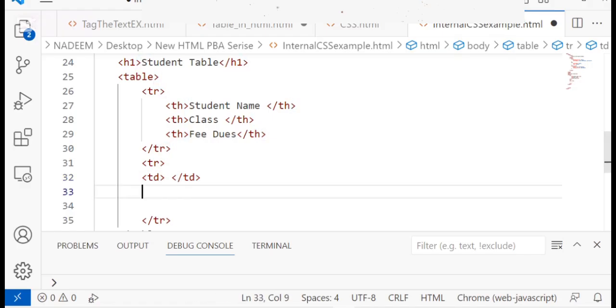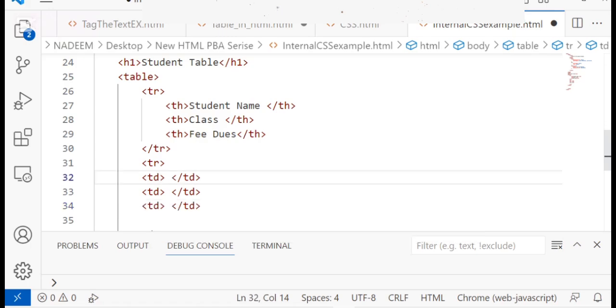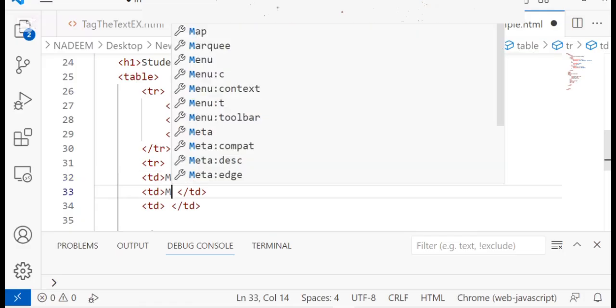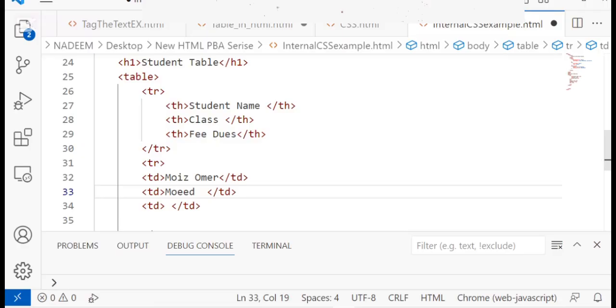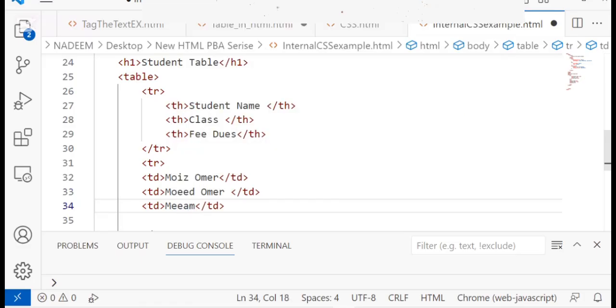Like I'm just going to write student name, class and fee dues. Okay, so here I'm just going to use only names of my students. So you have to write student name, class and fee dues as we already did. Okay, so this is all about the 3 different names I'm going to present.